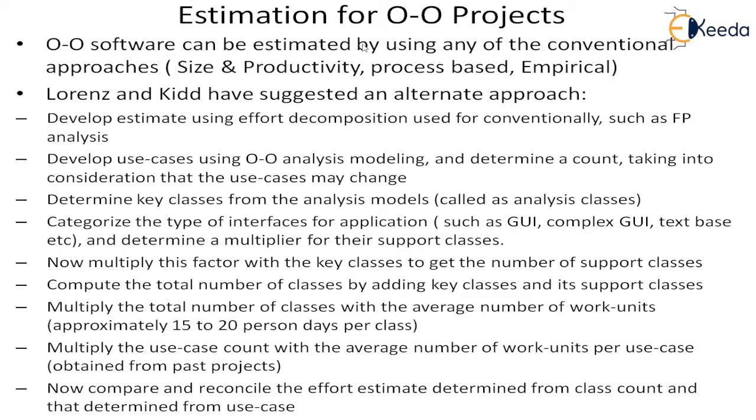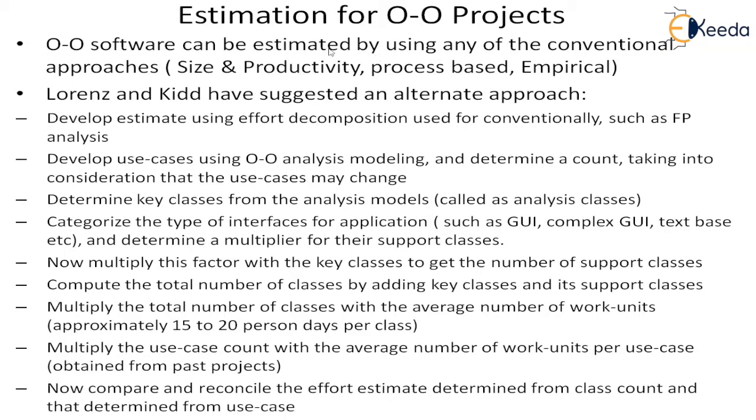Now we will look into the object-oriented projects. So this is slightly different. Actually, object-oriented projects can be done by any of the methods, and there is absolutely no difficulty. Any of the conventional approaches we can do: size, productivity, process-based, empirical. But Lorenz and Kidd have given a lot of metrics for the object-oriented projects, and using those metrics, they have suggested some alternate approach. So again, this is a specialized effort where we can take this alternate approach, and we can verify